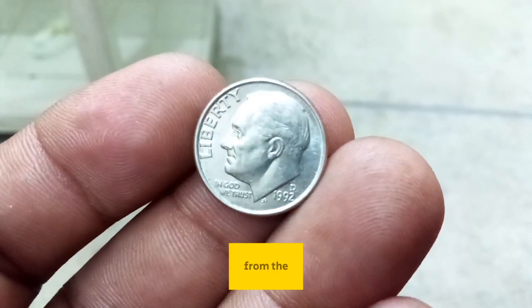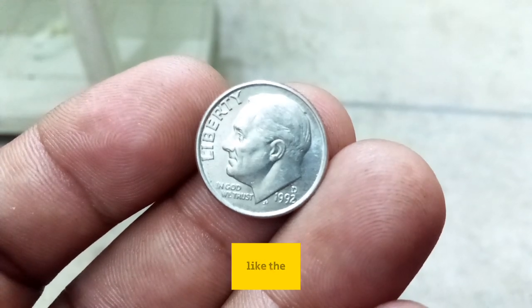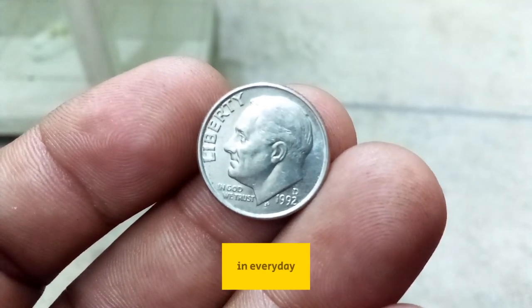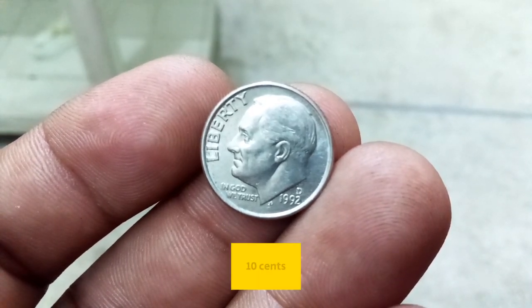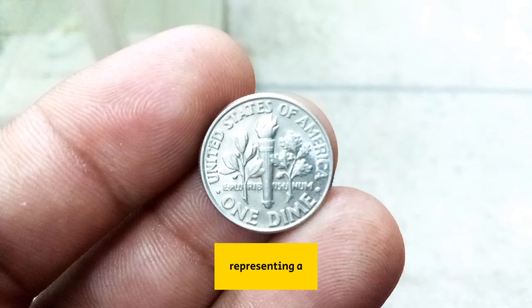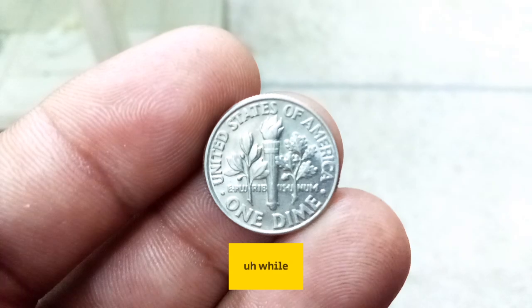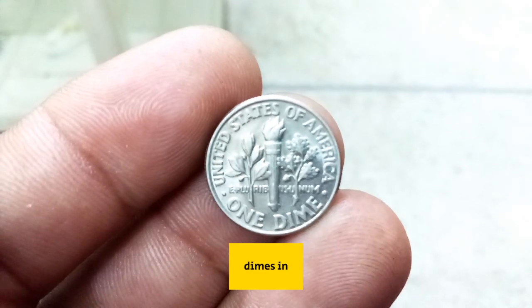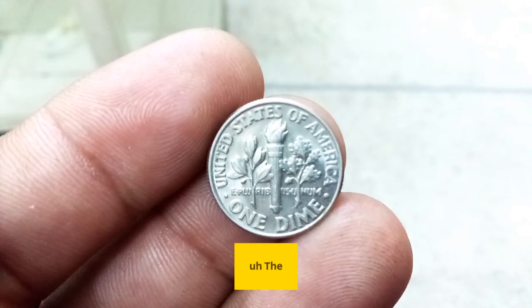In 1992, the U.S. was recovering from the 1991 recession, and coins like the dime played an essential role in everyday transactions. The value of the dime, 10 cents, remained stable, representing a small yet important part of the U.S. currency system. While the 1992 dimes in regular circulation were standard Roosevelt dimes,